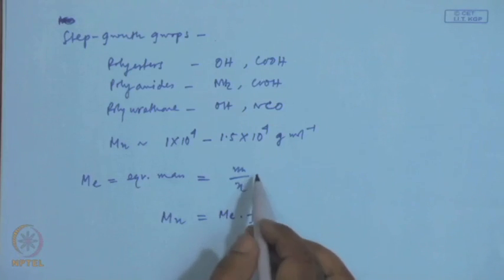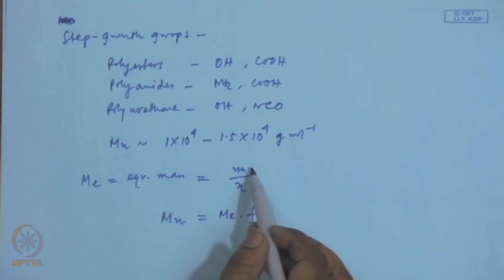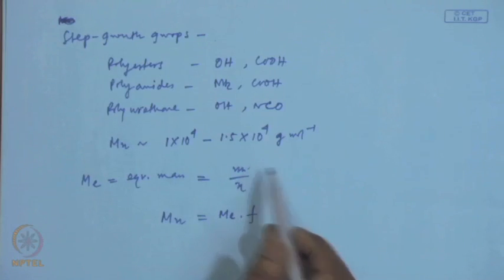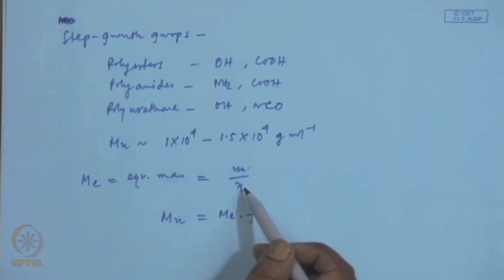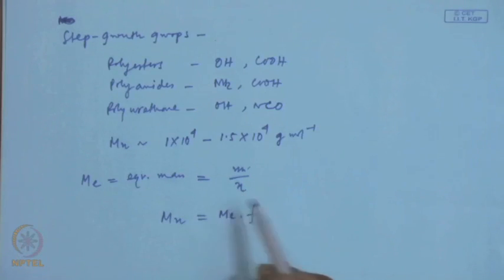If we know the concentration of the polymer, and we determine the concentration of end groups N, and if we know F, the number of end groups per polymer chain,